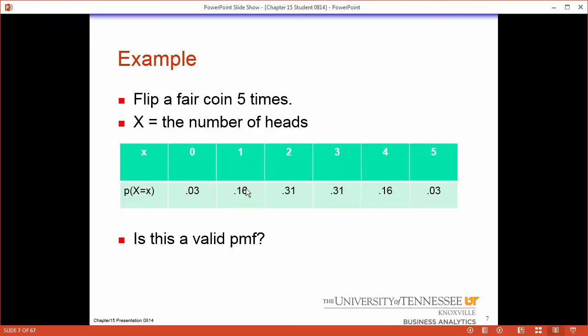When you think about this, if you flip a fair coin, the number of heads that you get will be either 0, 1, 2, 3, 4, or 5 if you flip it 5 times. The most likely events are 2 and 3 heads. The least likely events are 5 and 0. Interestingly enough, this distribution is symmetric. It's very high in the middle with greater probabilities for 2 or 3, but lower probabilities for 0 and 5. And this is valid because all these probabilities are between 0 and 1, and they add up to 1 total. So this is a valid probability mass function for discrete random events. Excellent.